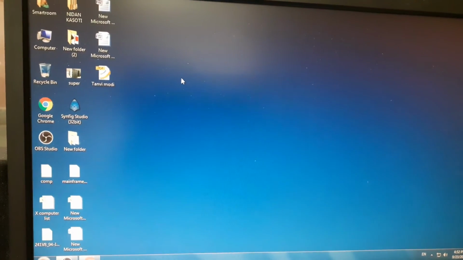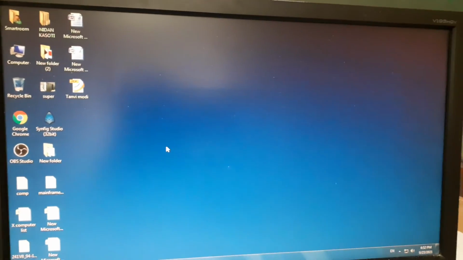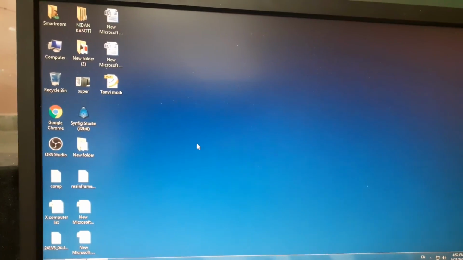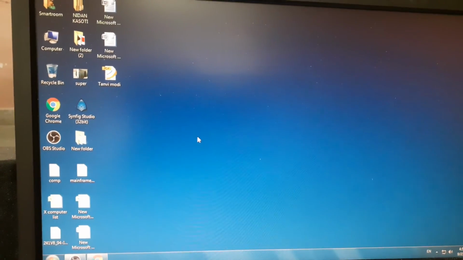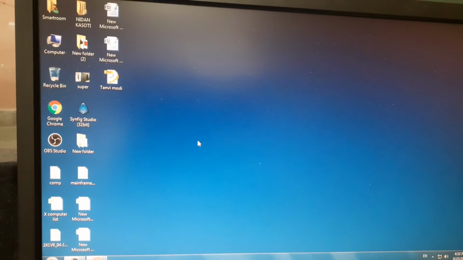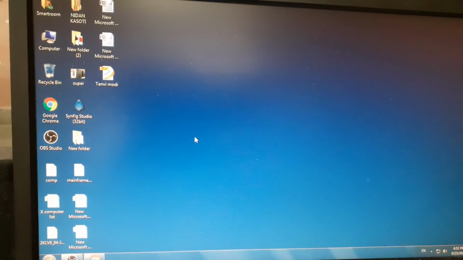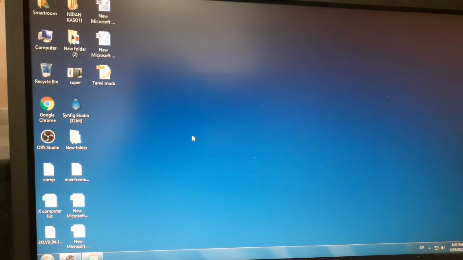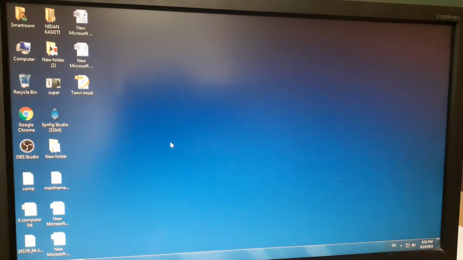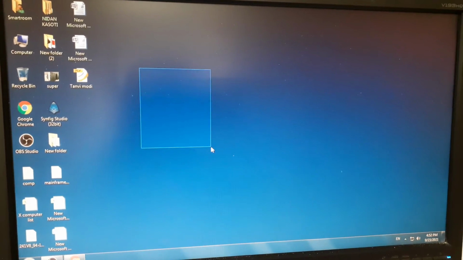Okay. And the next action of the mouse is dragging. Drag means to hold down a mouse button, then move the mouse without releasing the button, and then release the mouse button. This is called dragging. Right, children?